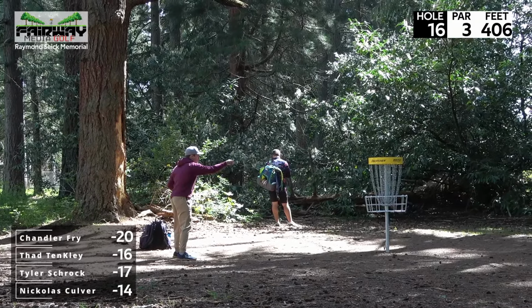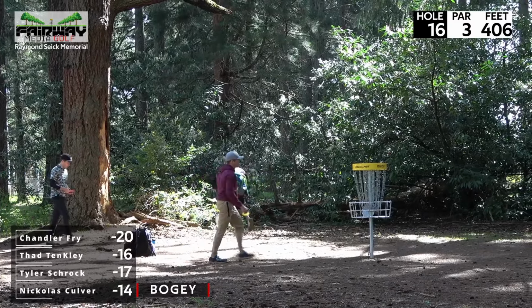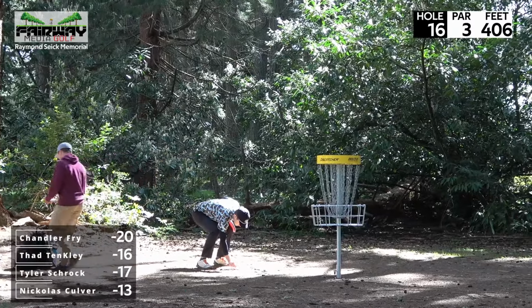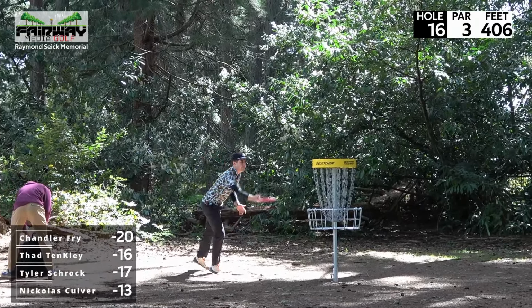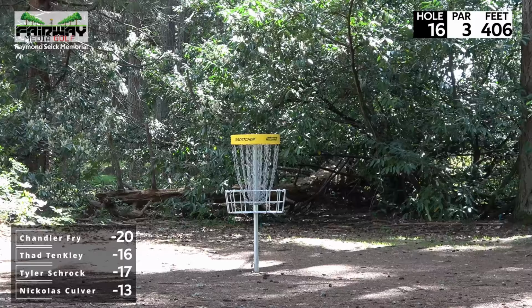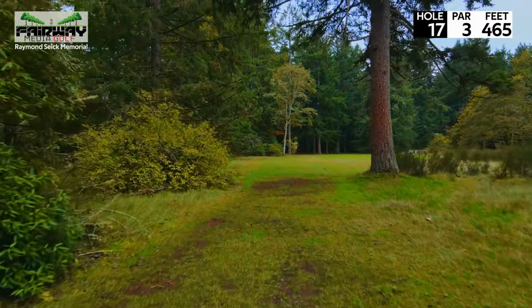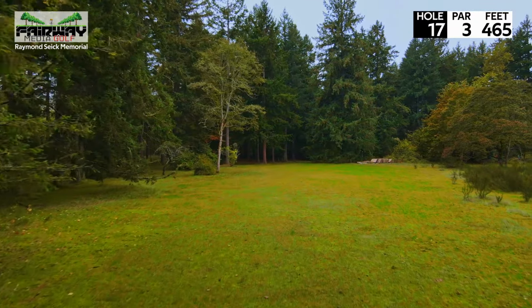So at this point, I hadn't really tracked Chandler's score as we were talking on the last hole, but I'm in a fairly decent spot here, looking to see what I can do to narrow that gap. There's not really much time left, but certainly some challenging holes left in both 17 and 18. We'll actually see later as well, as we're showing the final scores, there's also some work being done by our chase card, so we'll have to see how that impacts the podium and the final positions here. No lead is safe here at